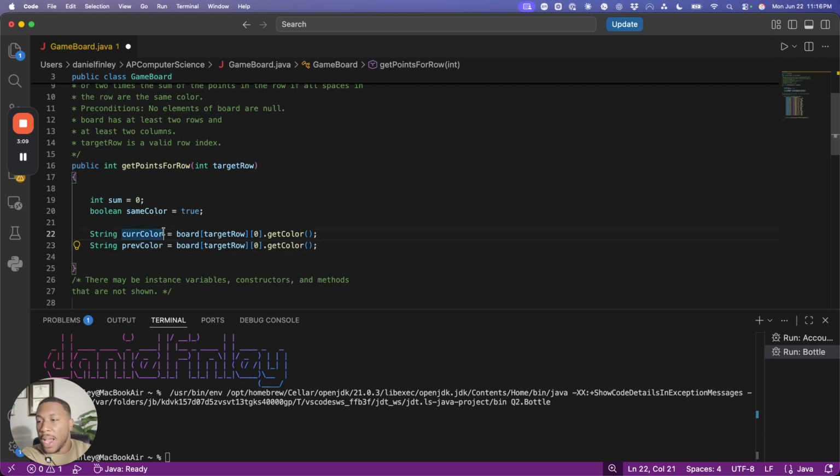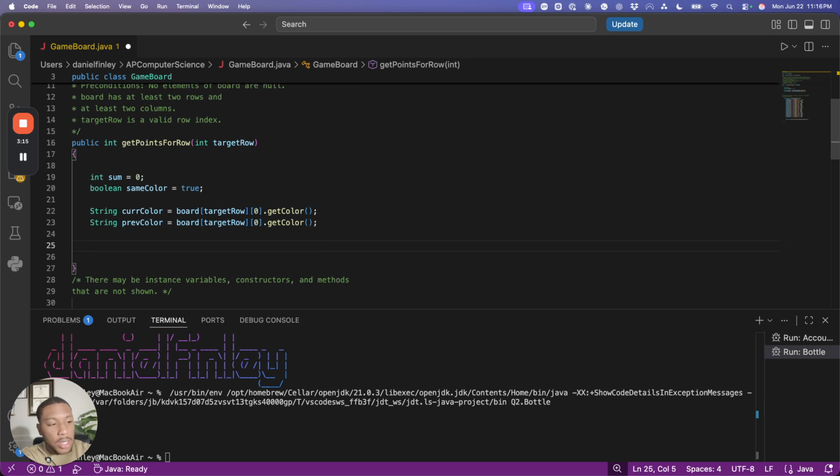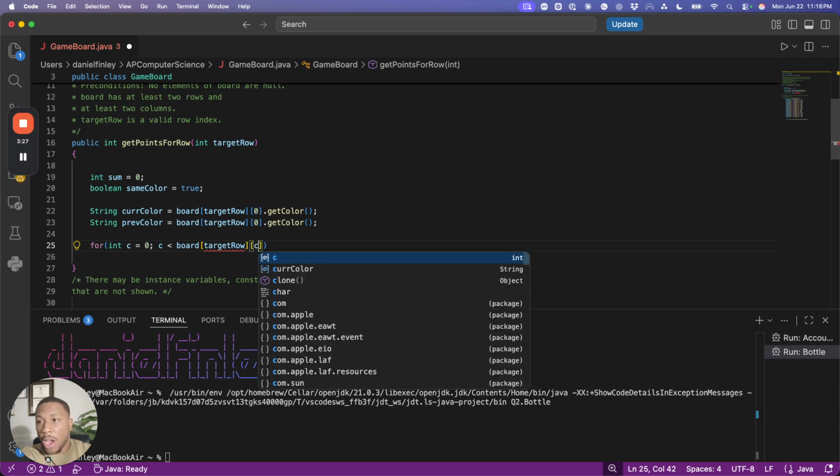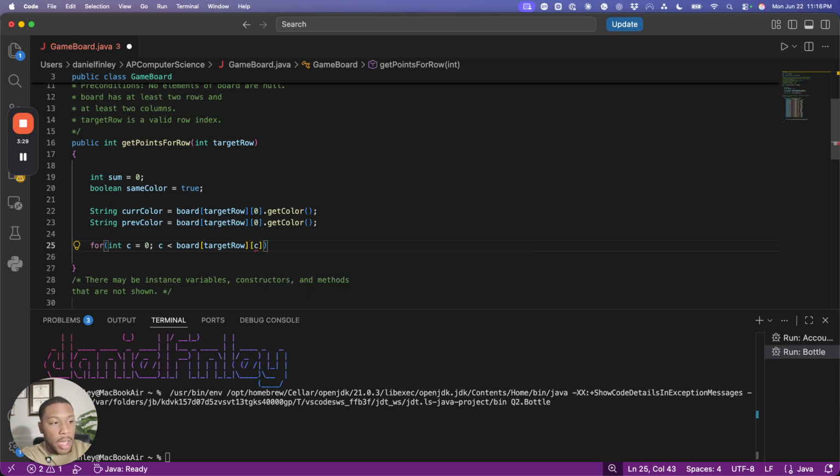So this is going to be how we can actually keep track to see if they are different. From here, what we're going to do is just loop through the actual columns. Notice that the row will never change, so we don't actually need to do a nested for loop. So here we can specify the target row, right? The actual column is going to be what's updating. And we're going to go through essentially,